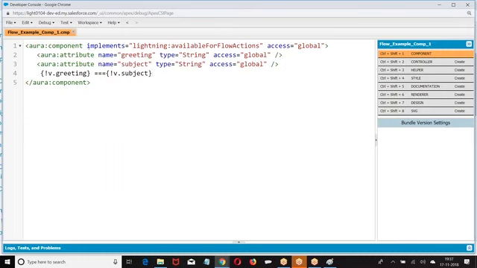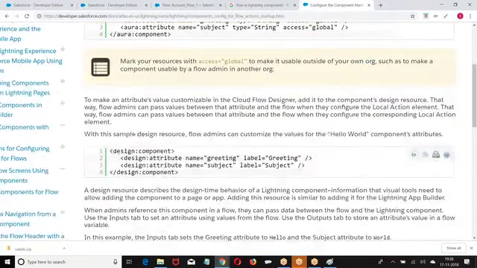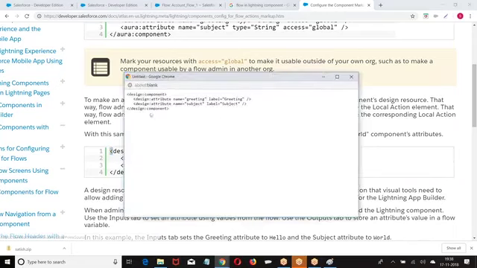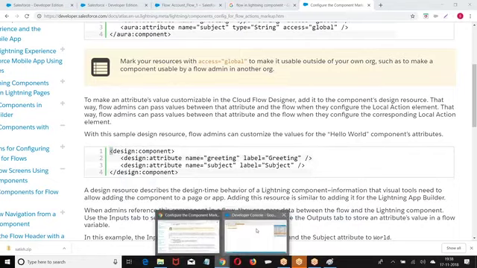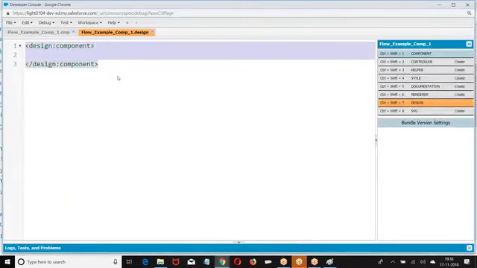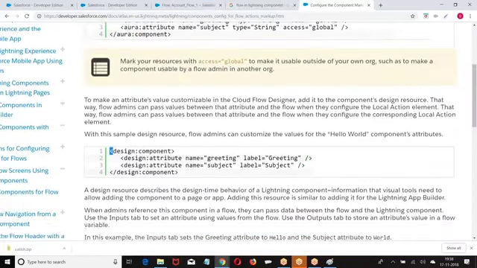We give the structure. Then click on design. In the design, what are the attributes you are going to take? It has only two attributes. And if you have any properties like minimum value, maximum value, required or not required, default, any other validations you want to specify, that we are going to define in this design. Right. Component with the design.